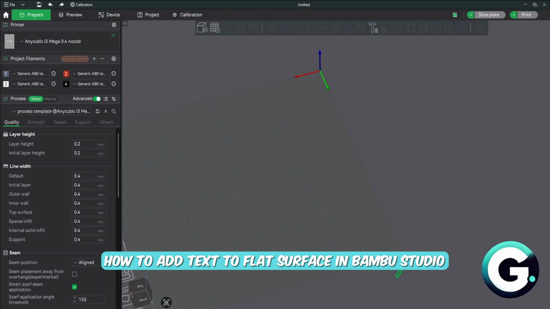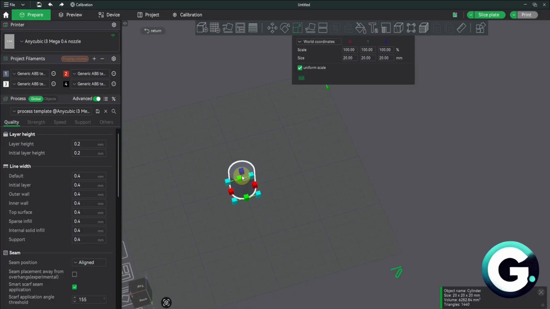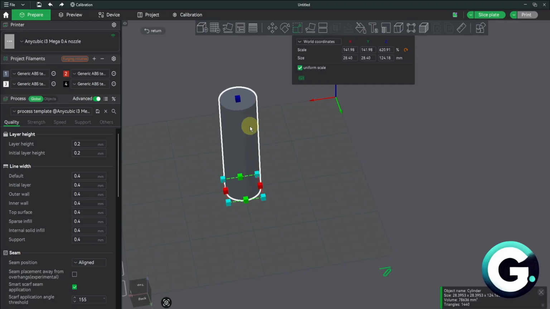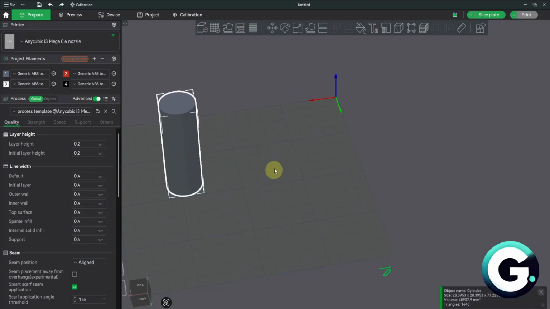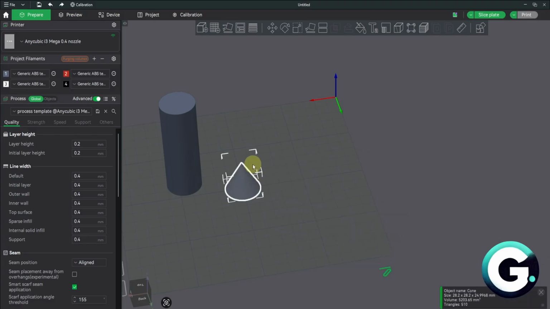Hello everyone, in today's video I'll show you how you can add text to a flat surface in Bambu Studio. So basically I'm going to add complex shapes right here, and we're going to put a text where it will basically use the surface of our object. So it's going to be this one first, and then let's add another one just to demonstrate how easy